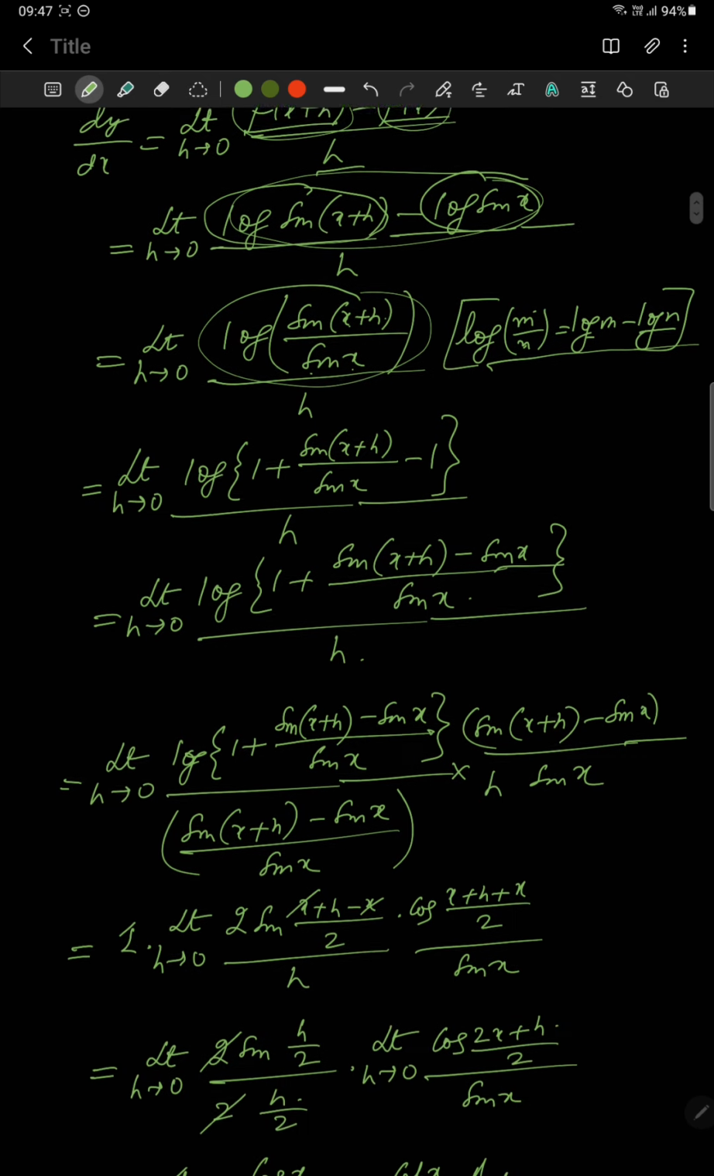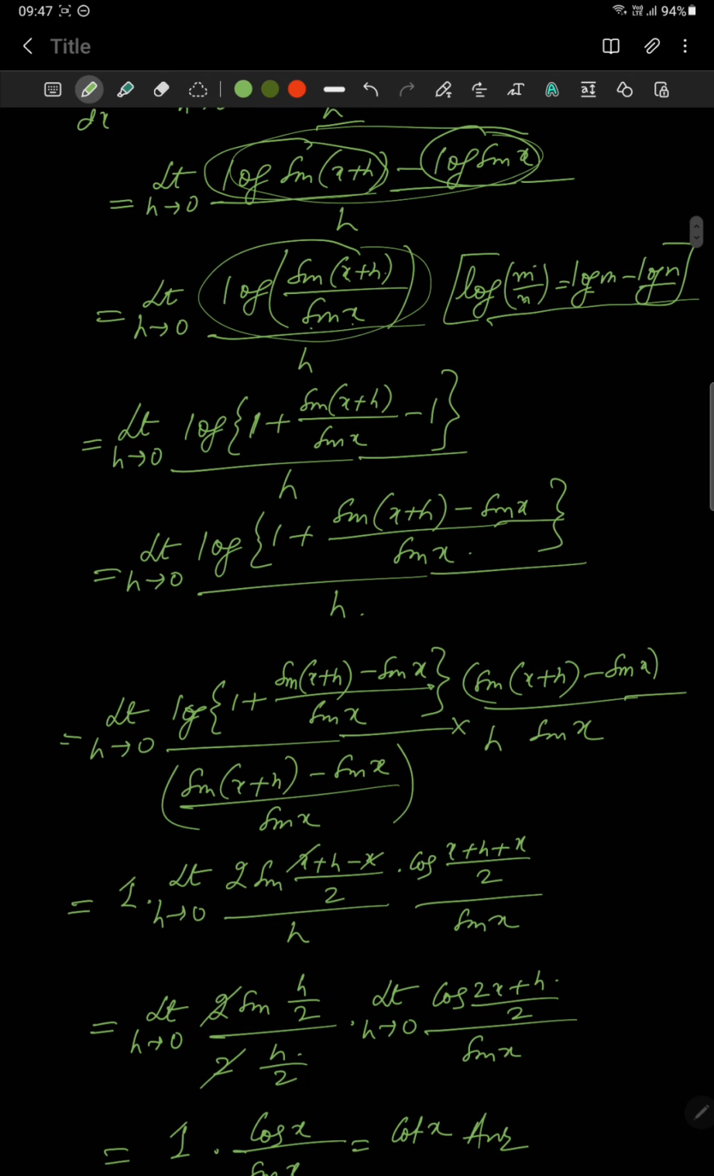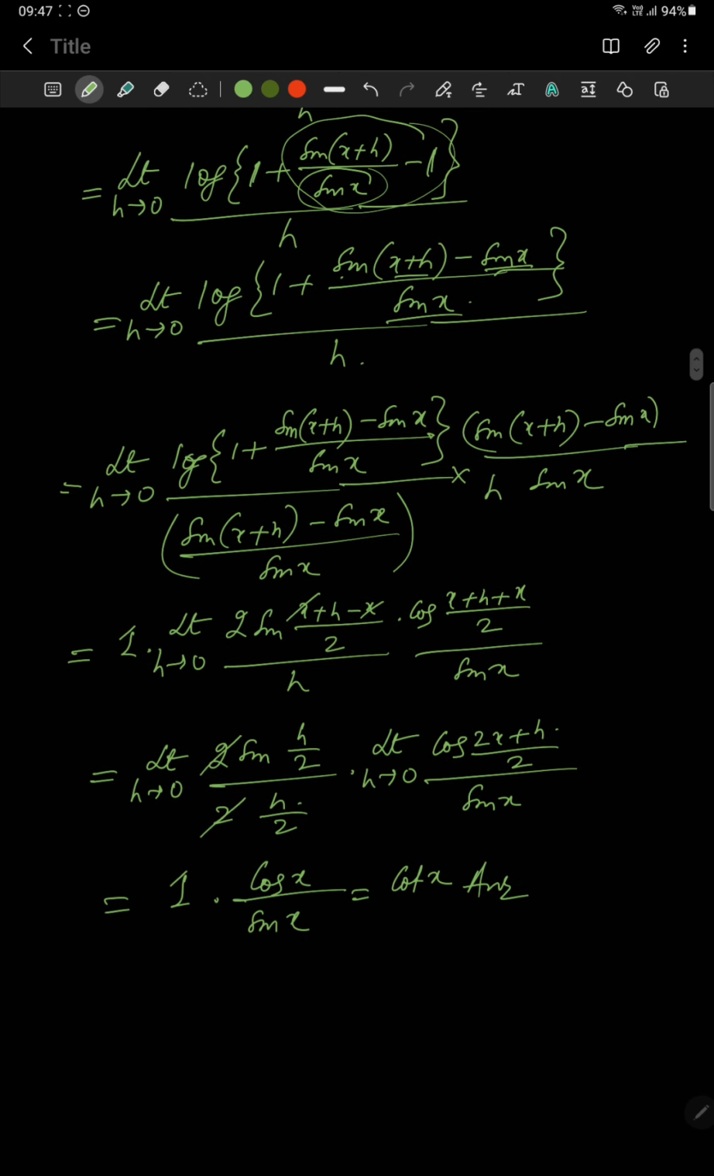Then we have added 1 and subtracted 1 over here, and this particular part, after taking LCM, sin x is written as sin(x+h) minus sin x whole divided by sin x. I think you can understand that. So finally what we are getting is log of 1 plus (sin(x+h) minus sin x) whole divided